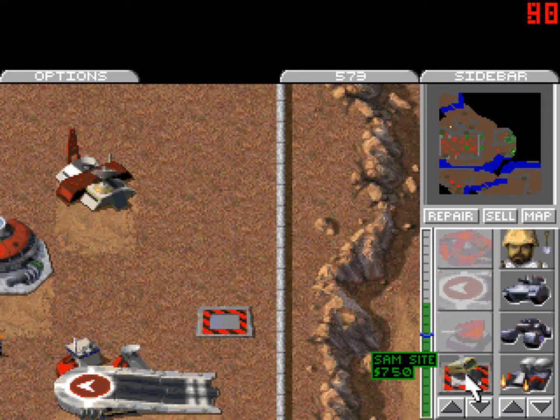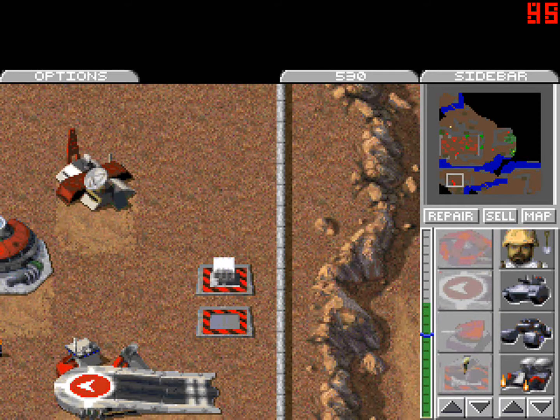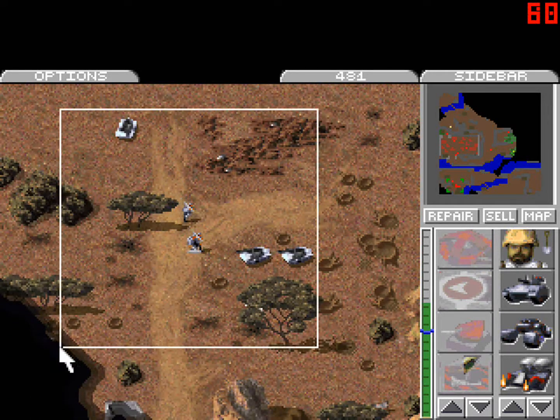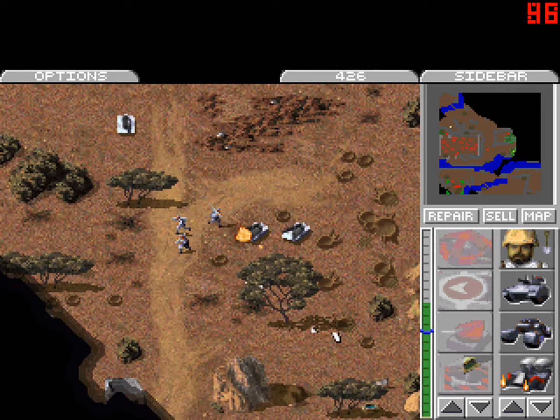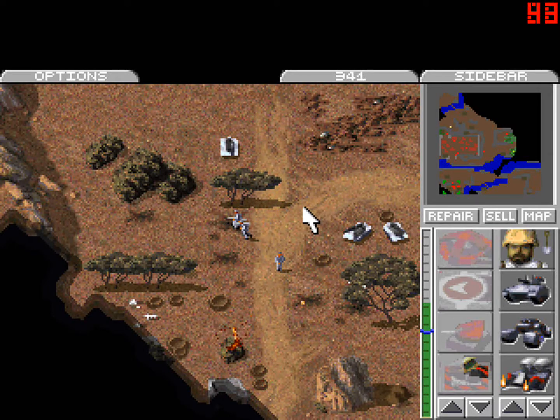Construction complete. It's going to build a bunch of SAM sites right off the air to shoot down any A-10s that come near. There's no doubt that artillery do a lot of damage when it hits stuff, but